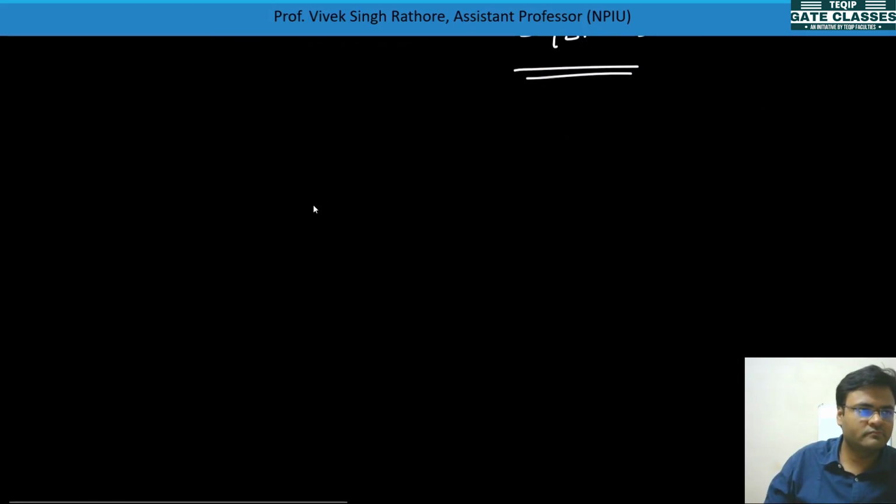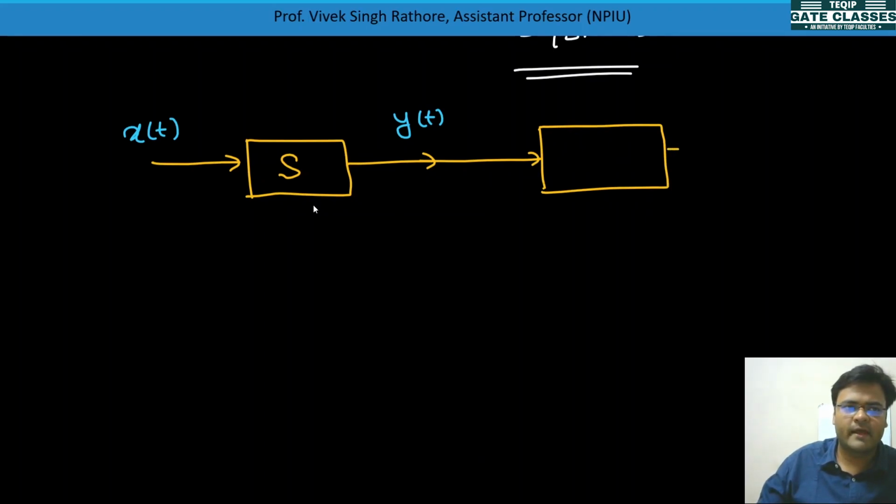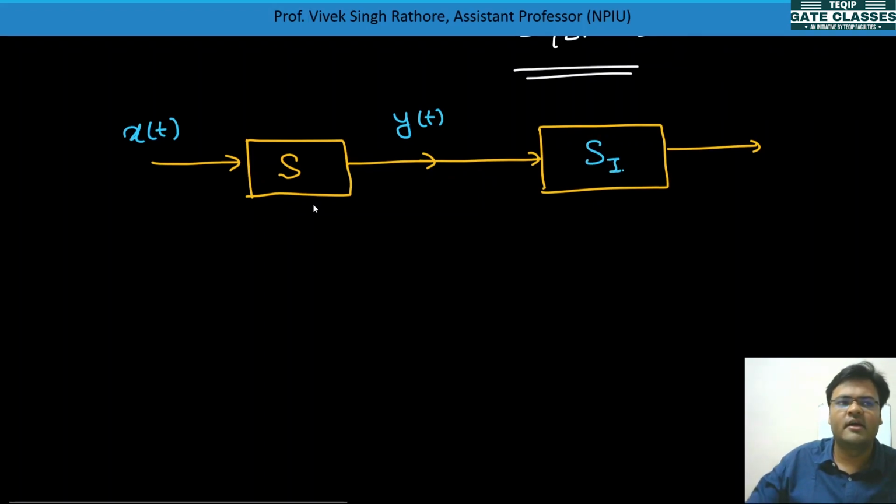See, if a signal is given to a system S, and if the input is x(t) and it is generating an output y(t), and this output is given as an input to some other system, let's suppose S_I, and this system is producing output x(t), which is the same as the original input,